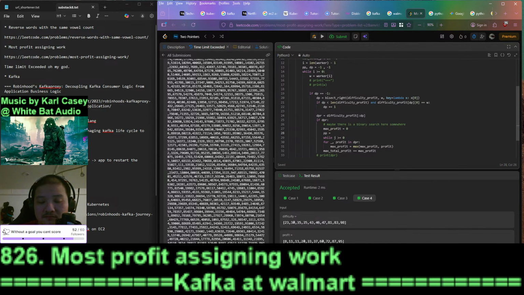Length of DP minus 1. So while PP is greater than or equal to 0,